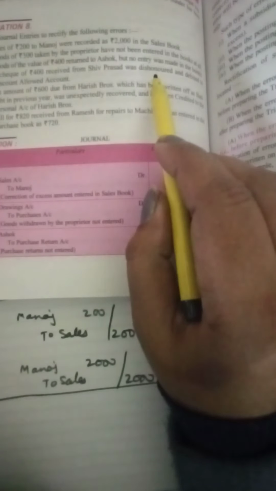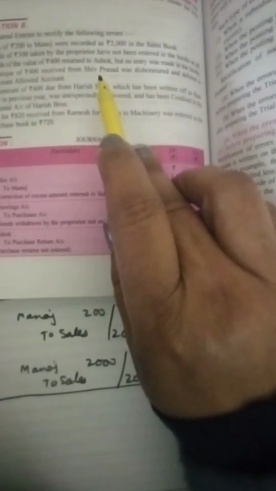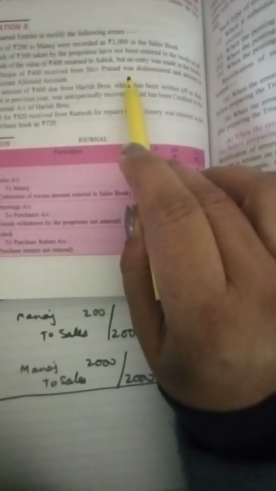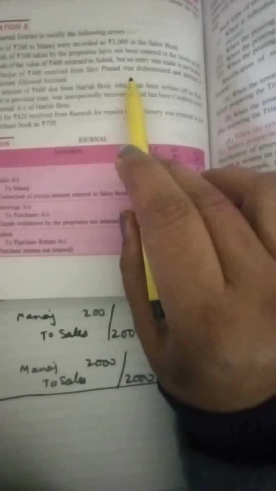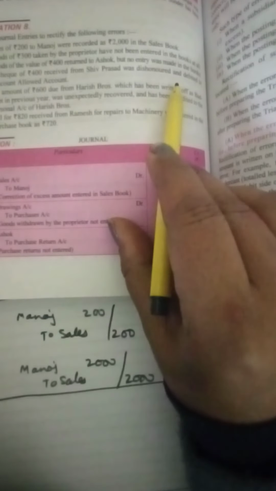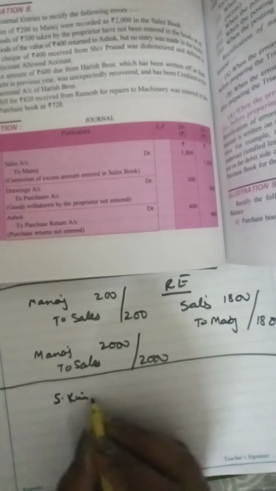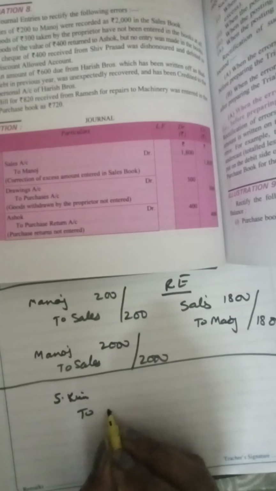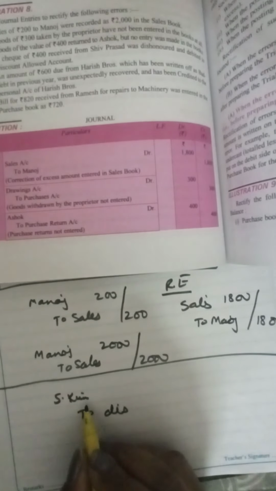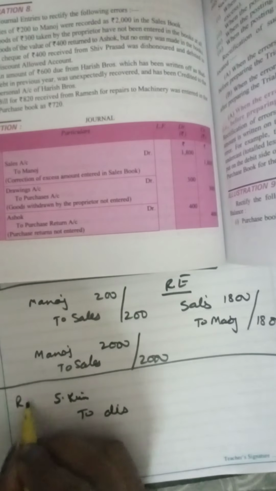After that, next: a cheque of rupees 400 received from Shiv Prasad. Cheque is received from Shiv Prasad, bank to Shiv Prasad. It was dishonored. Dishonored means Shiv Prasad will be debited. The entry is reversed and debited to discount account. So it should have been Shiv Prasad's account, but we have done discount account. So debit Shiv Prasad, and the discount account should not have been debited, so credit the discount allowed. The account that has not been debited is debited and the account that has been wrongly debited we credit. This is the rectifying entry.